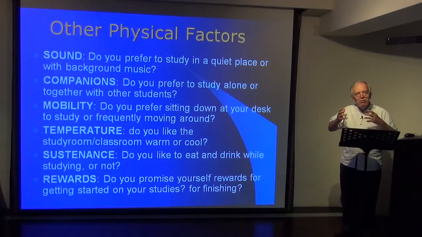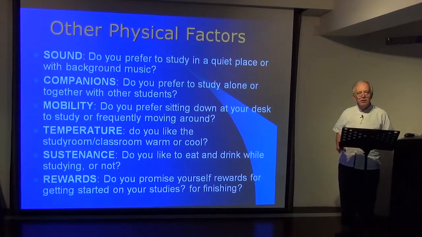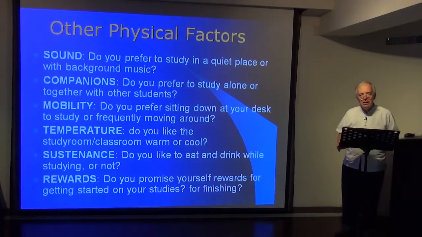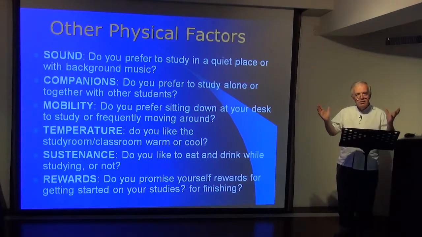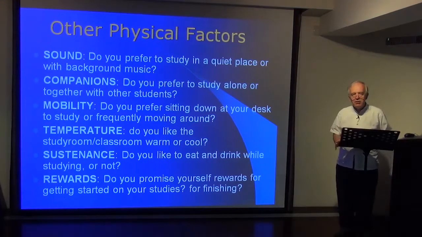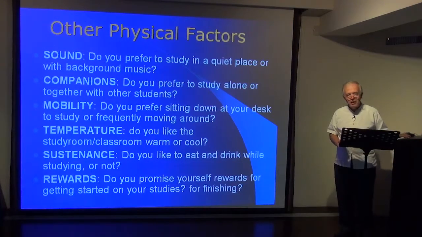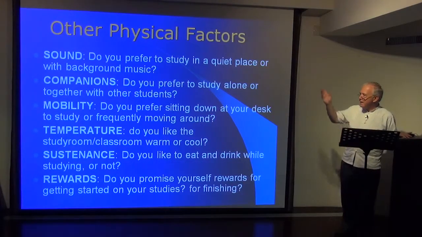I often think we should reward ourselves as much as possible when we're learning a difficult language like Chinese. Finish a lesson, go out and buy an ice cream or something. Finish a textbook, go out and have a really nice meal and celebrate. We should reward ourselves as much as possible. It's going to make us feel good. Okay? These are interesting, aren't they? And go through them with your student.